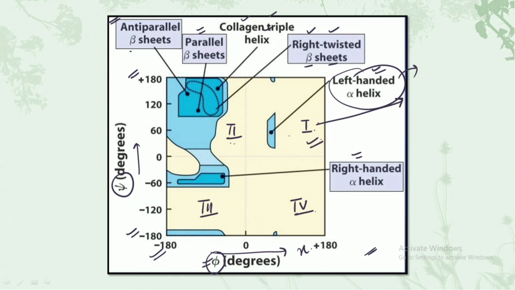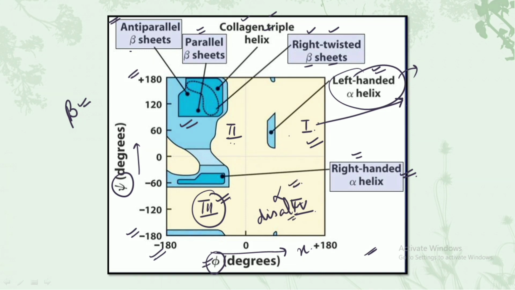Then we have the second quadrant. This one shows the biggest region of the graph, and this is the most favorable conformation region. In this, most of the amino acids found are of the beta strands, that is, sterically the most conformationally allowed region is for the beta sheets present in the second quadrant. The third quadrant is the next biggest quadrant, and in this the right-handed alpha helix is found. Talking about the last quadrant, in this there is as such no outlined region, or we can also call it a disallowed region.